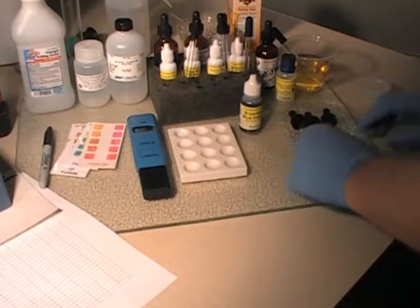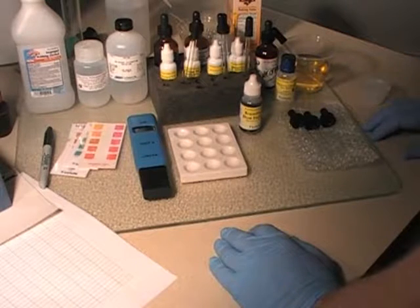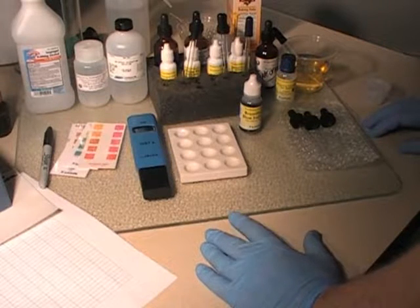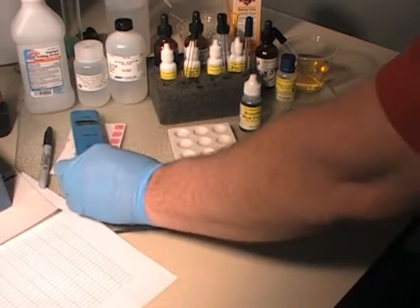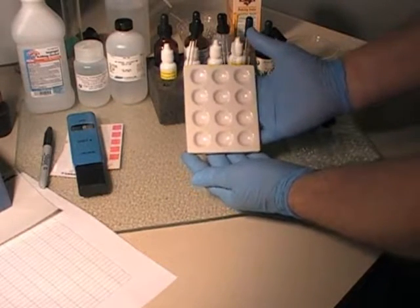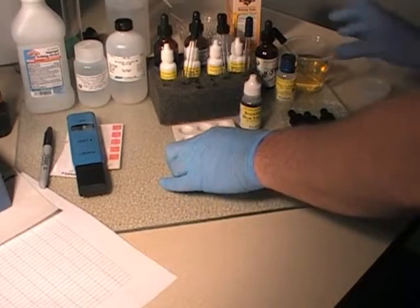Okay, we continue on with our testing lessons here, and the next test we're going to do is measuring the pH of the urine and the pH of the saliva. What you'll need for this particular test is our well plate. Again, this is the 12 banger, we call it, because there are 12 wells on it. And you're going to need your pipette